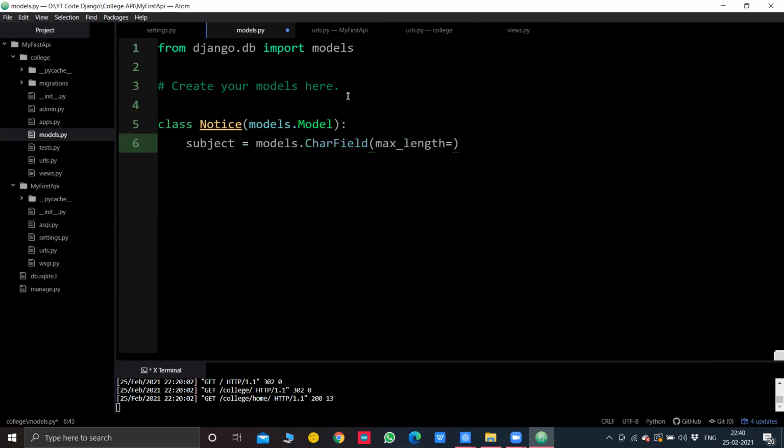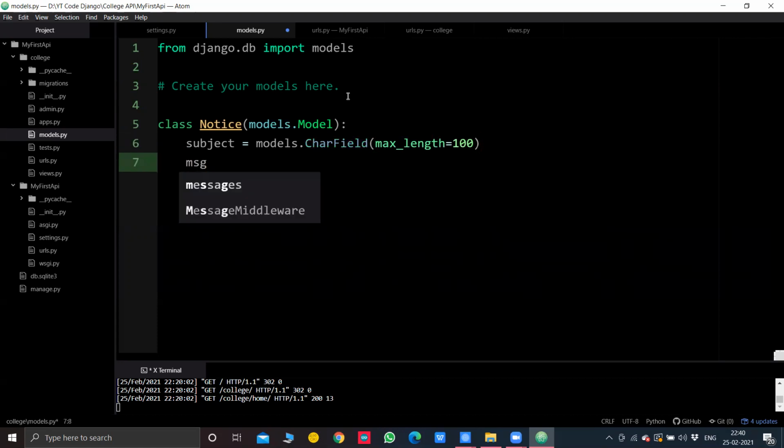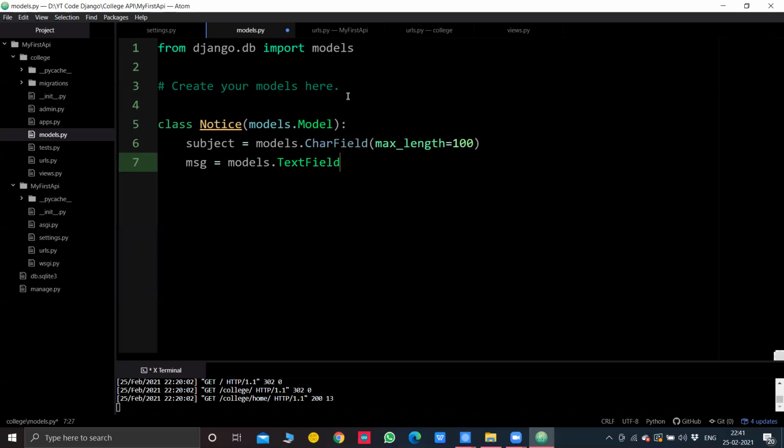Any subject won't be as long as 100 characters, so I am just mentioning 100 as the maximum length. Then a message. A message won't be a character field. It can be a one word message, or it can be a message of 5-6 paragraphs as well. So for that, we will use models.TextField and leave the bracket blank because there is no maximum length defined here. A message can be as long as we want.